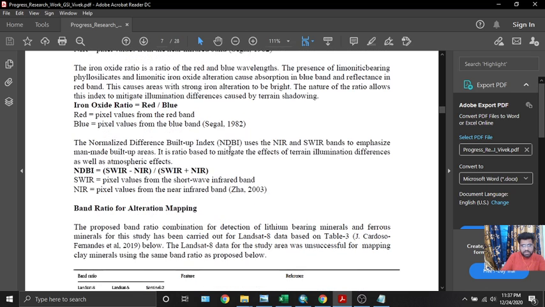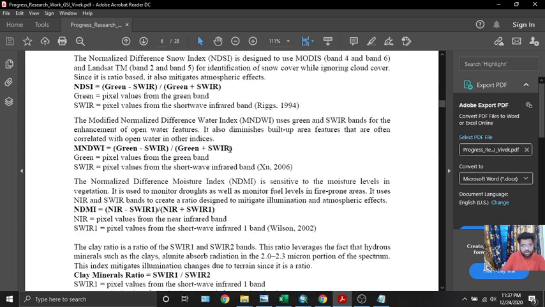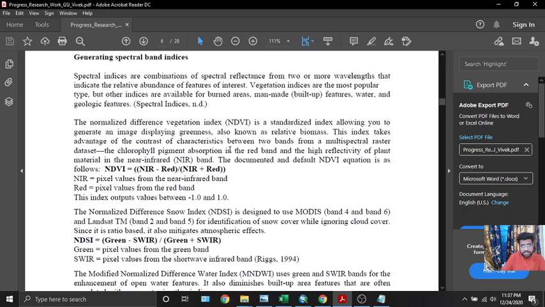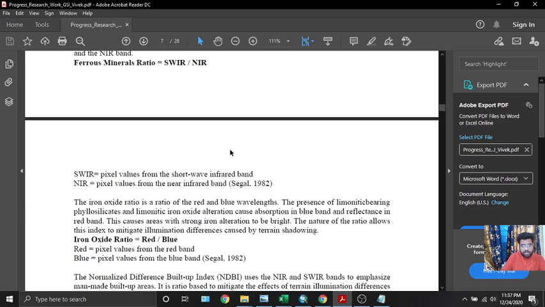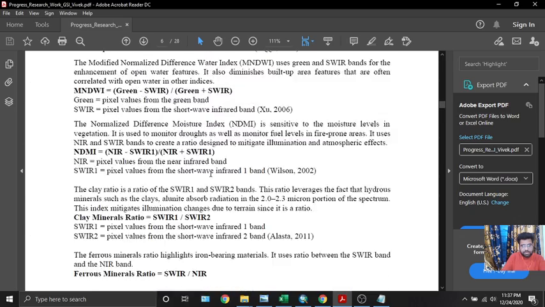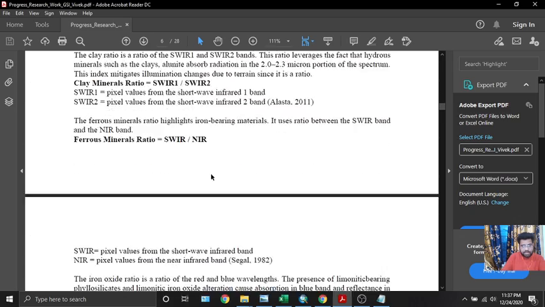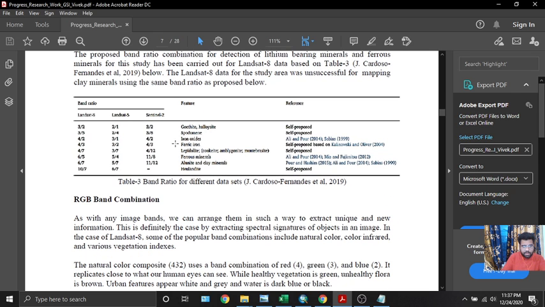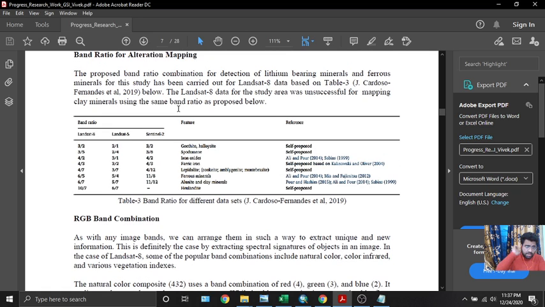So in this way we can generate lots of spectral band indices, and two or more bands are responsible to create a spectral band index. And the next thing that we performed was a band ratio for alteration mapping, and we are basically interested in